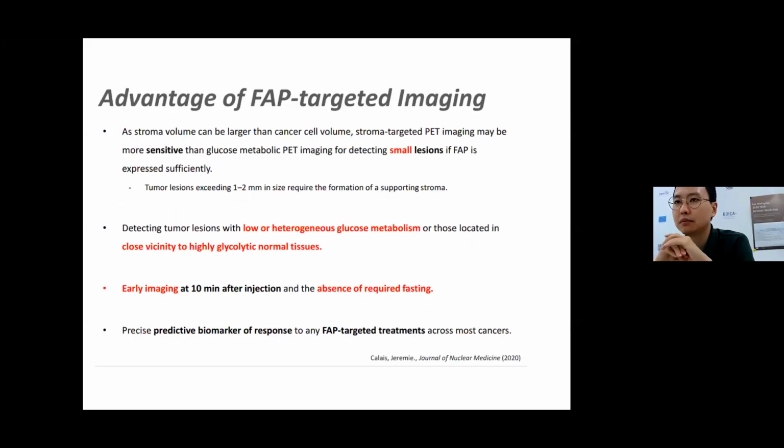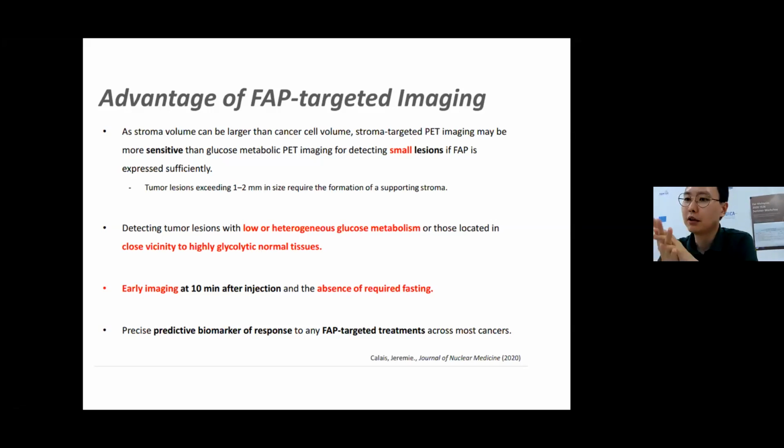Other than that, there are some other advantages of FAP-targeted imaging. As stroma volume can be larger than the cancer cells themselves, stroma-targeted PET imaging may be more sensitive than glucose metabolic PET imaging for detecting small lesions. It can also have an advantage in detecting tumor lesions with low or heterogeneous glucose metabolism, or those located in close vicinity to highly glycolytic normal tissues, such as the liver, near the urinary tract, or in the brain,